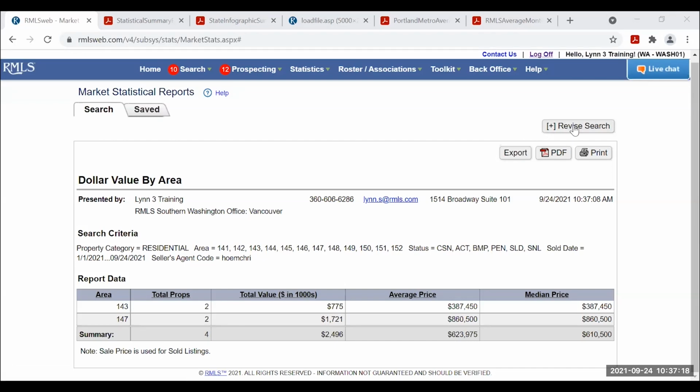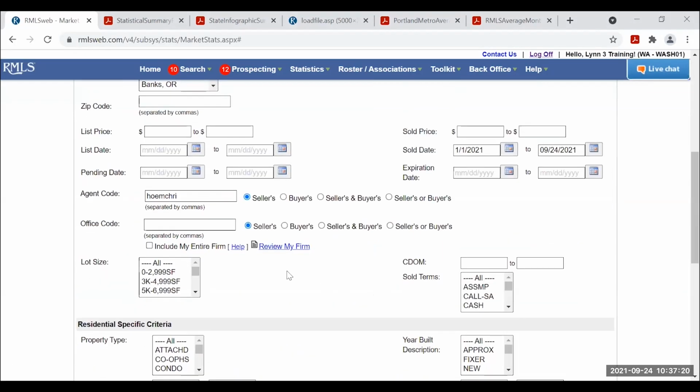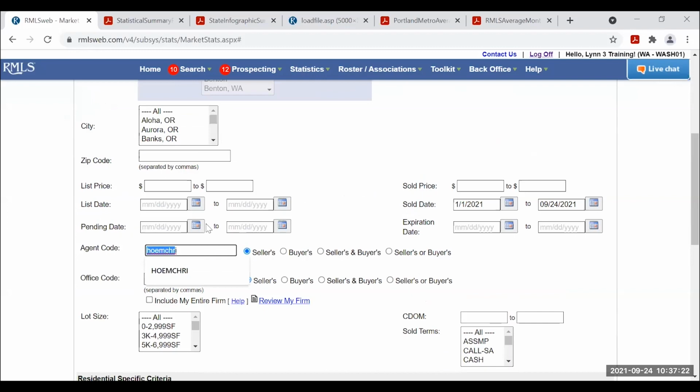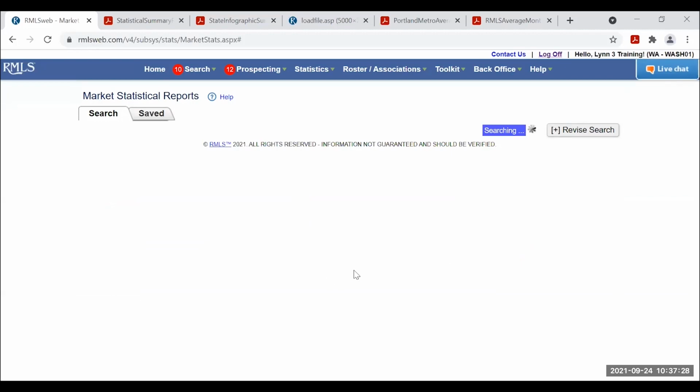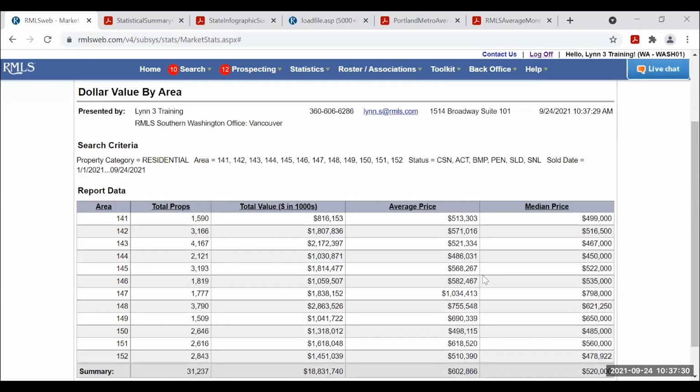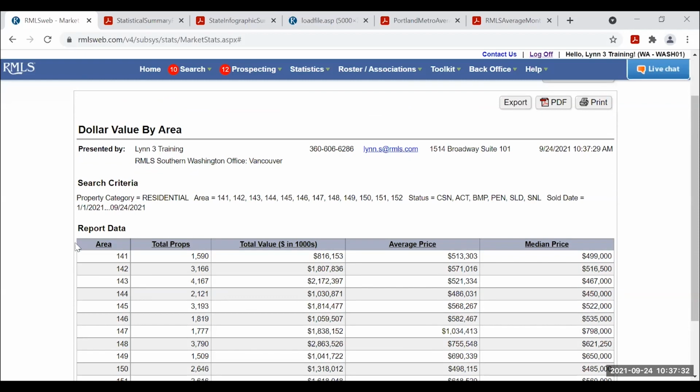Oh, I see the problem. Hold on. I left that one field filled in with a web ID. There ought to be a lot more properties than 2. There we go. So it just shows you a big overview by area number, total number of properties with all of the statuses I asked for, total value, average, and median price.